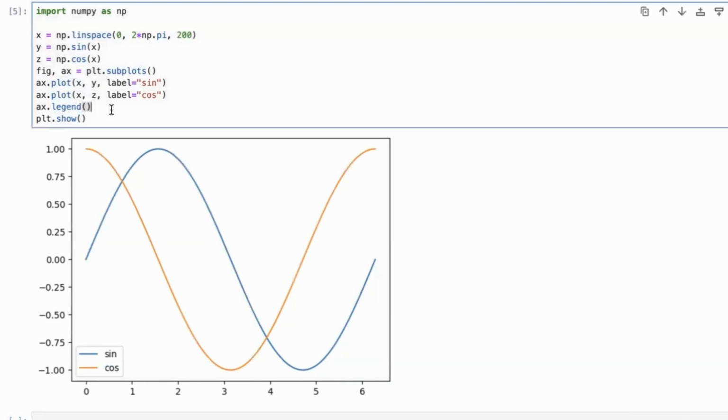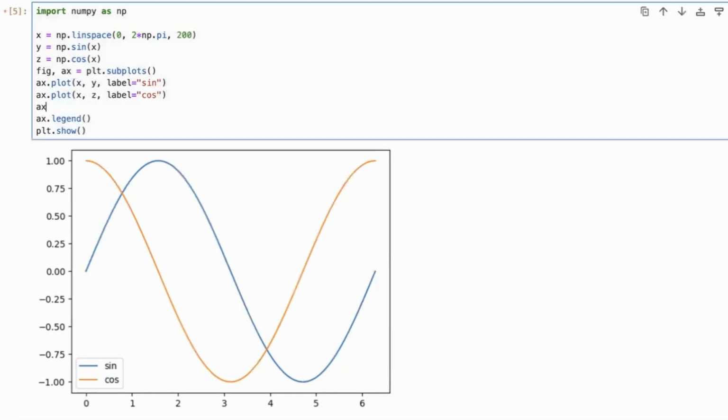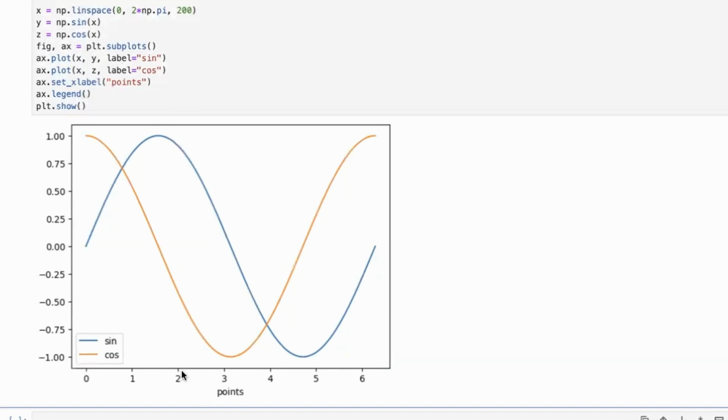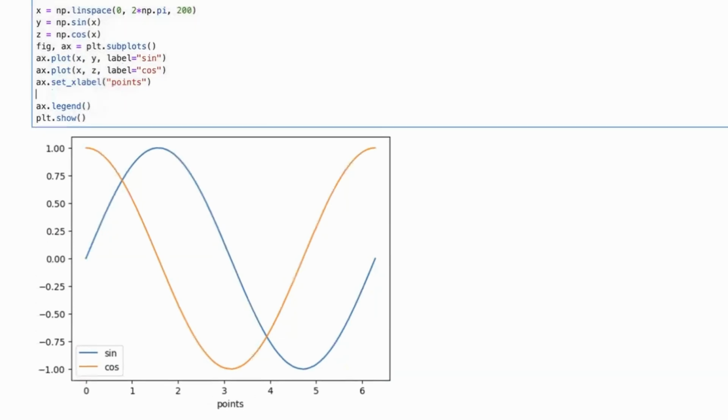Okay, now there's one more thing. If you want to add an x-axis label, let's just have an x label. The way to go is to have this as, I don't know, points. Let's just have points. See, now you have the x label. Similarly, you can also have a y label. So here it would be sine and cos, or maybe you can have